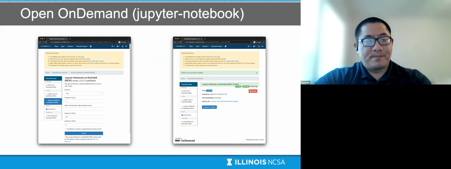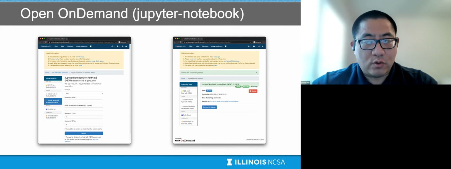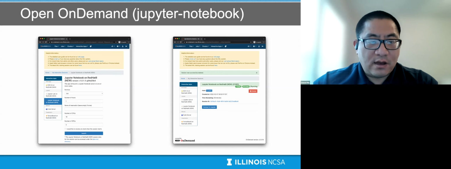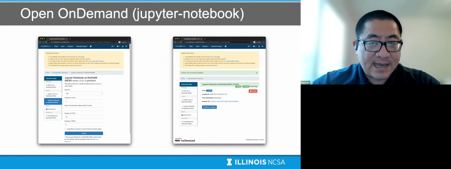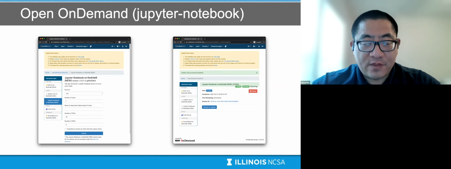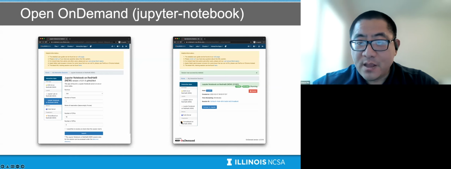I also need to mention, in our system, the CPU memory amount is bound to the number of CPU cores, which means if you request one CPU core, you'll be automatically assigned 1.2 gigabytes of CPU memory. In that case, if you want more CPU memory, simply request more CPU cores. And then after you decide your configuration, simply click the launch button, and then